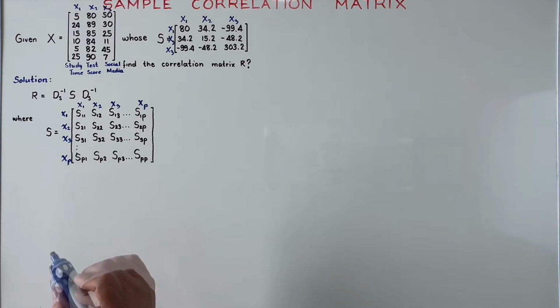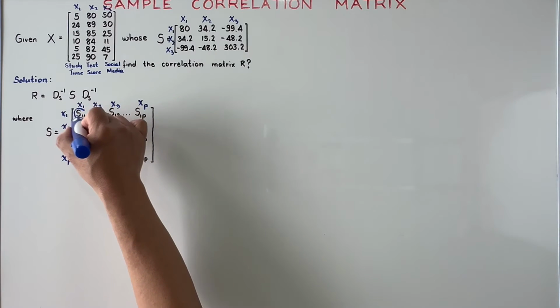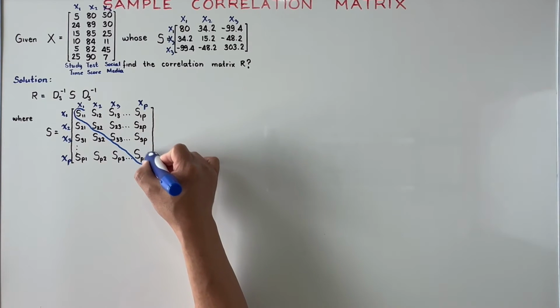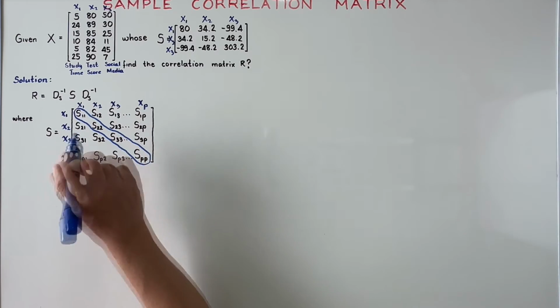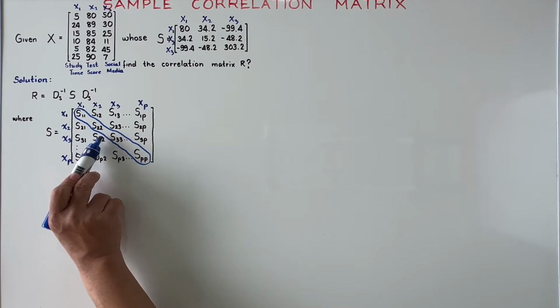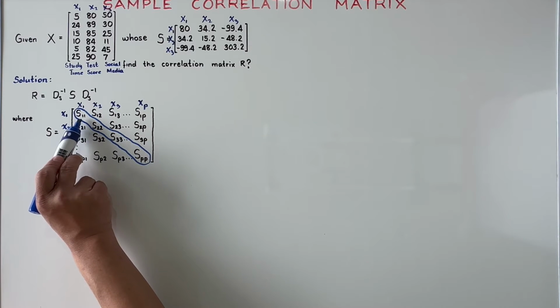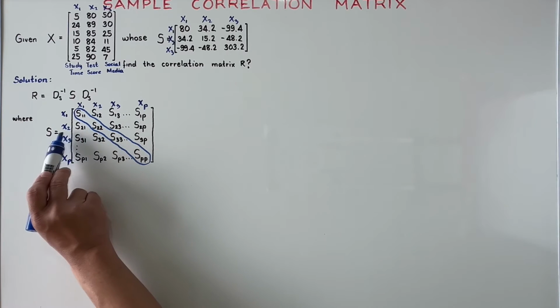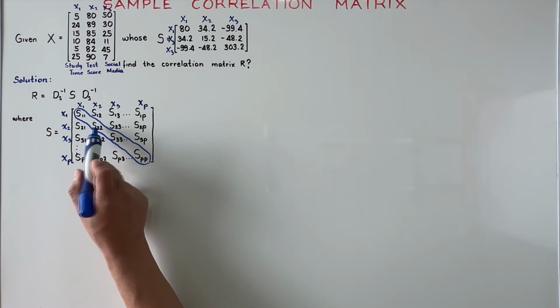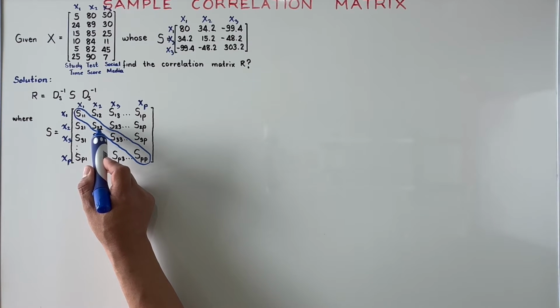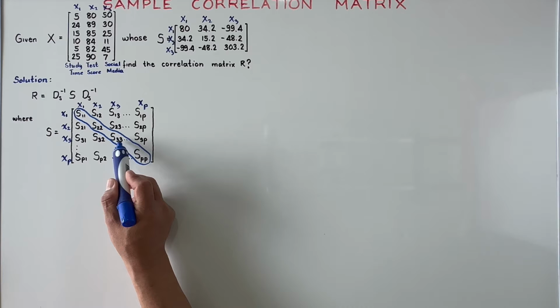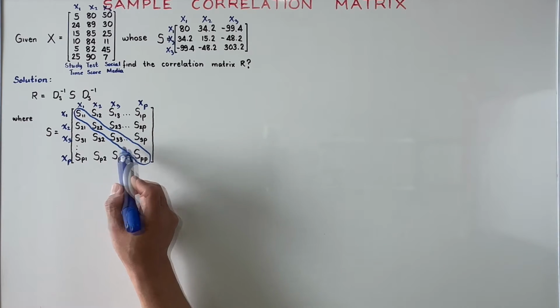And you notice that the subscripts of these notations in the main diagonal of our covariance matrix are the same. We have S sub 1,1, S sub 2,2, S sub 3,3, and S sub pp, because these are the covariances of the variable with itself. Notice that this is the covariance between the variable x sub 1 and itself. In other words, that's the variance of the variable x sub 1. This is the covariance between the variables x sub 2 and x sub 2, which is popularly known as the variance of the variable x sub 2. This is also the variance of the variable x sub 3.